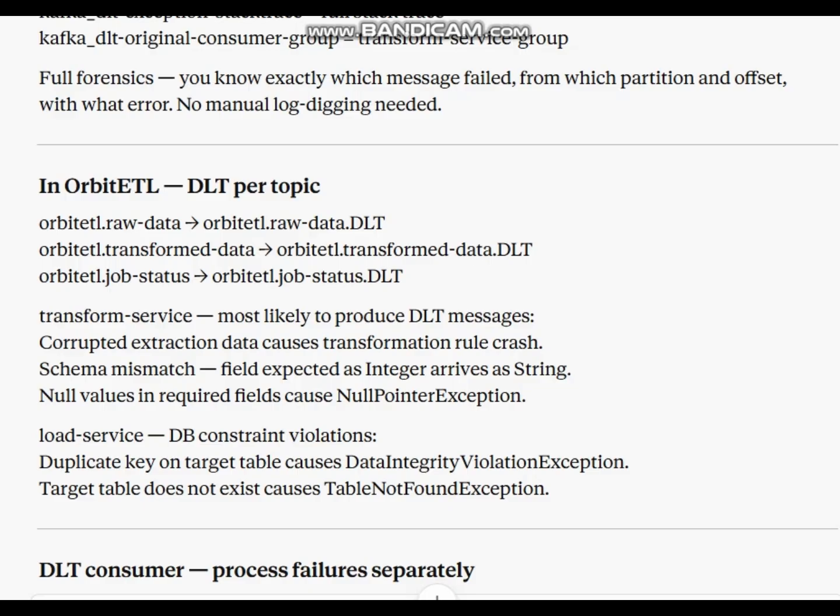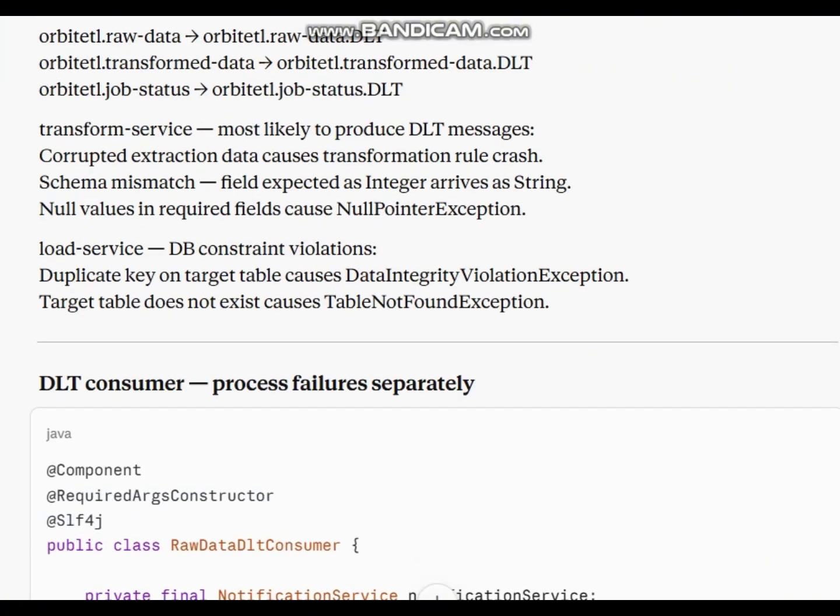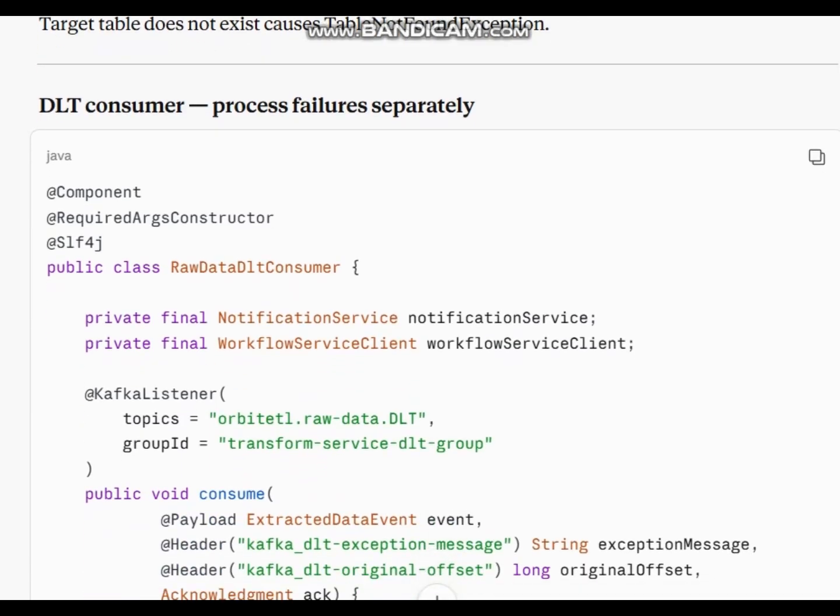Corrupted extraction data causes transformation rule crash. Schema mismatch: field expected as integer arrives as string. Null values in required fields cause null pointer exception. Load service, DB constraint violations: duplicate key on target table causes data integrity violation exception; target table does not exist causes table not found exception. DLT consumer processes failures separately.